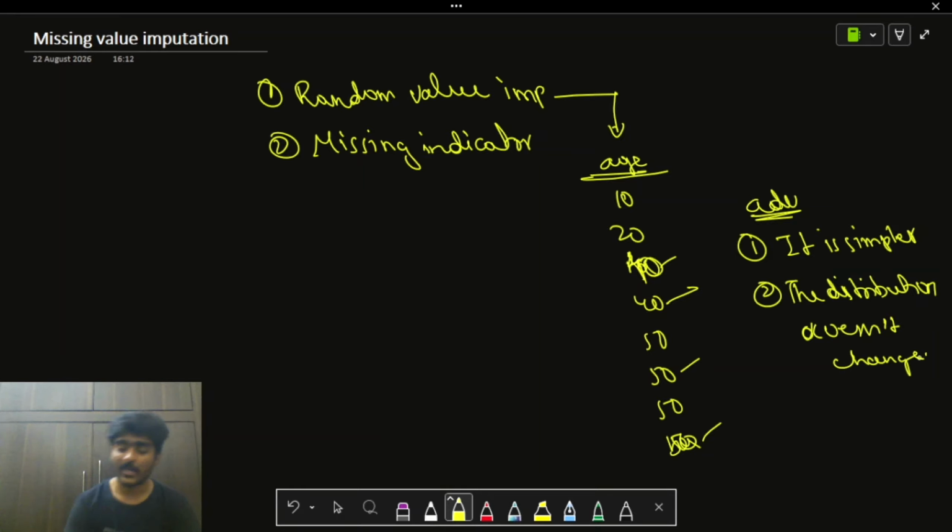Now let's say we have a bag. In the bag I have 40 green balls and 10 red balls. If I ask you to randomly pick a ball, what is the probability of picking the green ball? It is higher than the probability of picking the red ball. In this way the distribution also works.